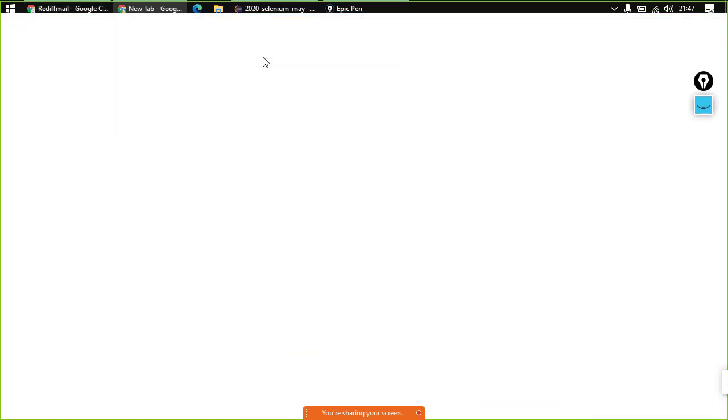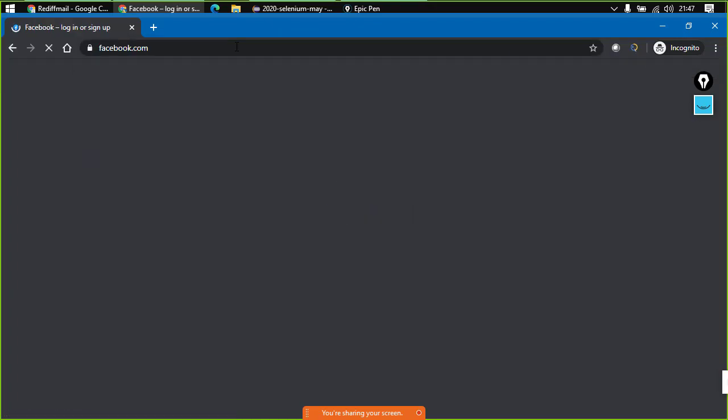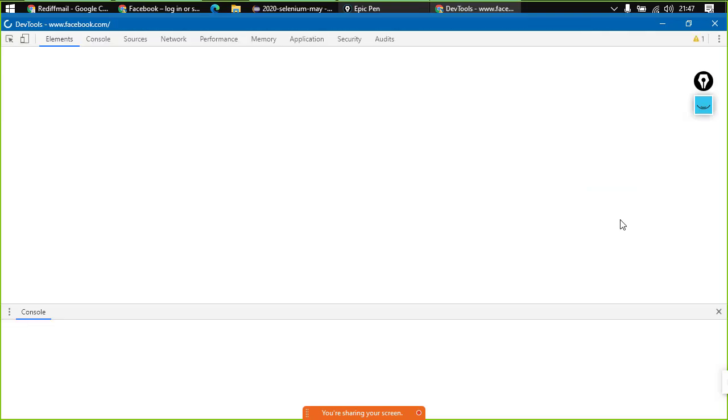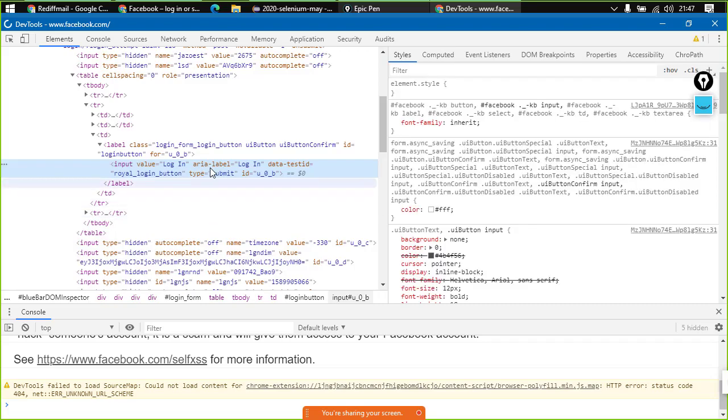Now let us just move to the Facebook login page. We left that behind for a while, right? Coming back to this, here we wanted to click on this login button, right? How would we be able to do that then? We don't have anything here which tells us that there is an ID or there is something else, that is name, right? Now how would you be able to deal with this? So right now we won't be able to deal with this particular button.